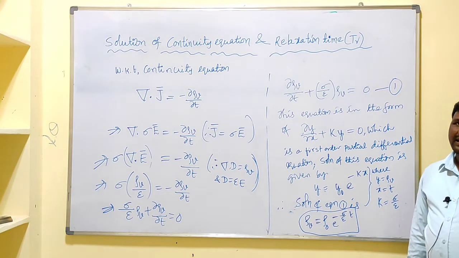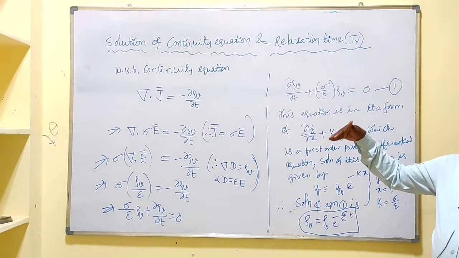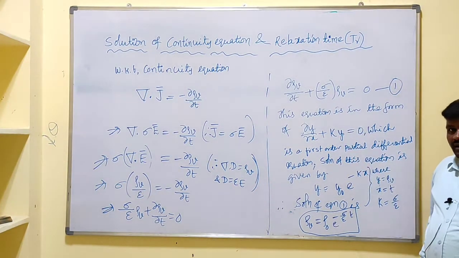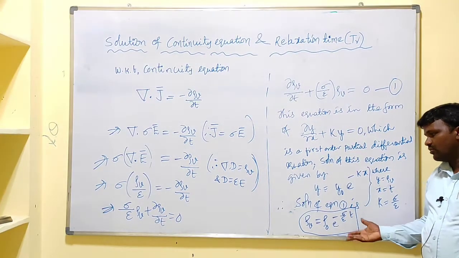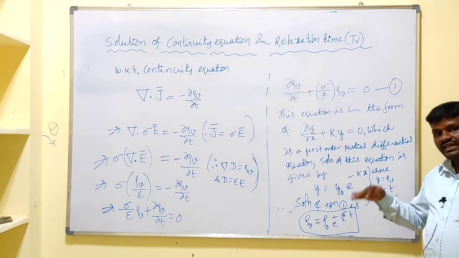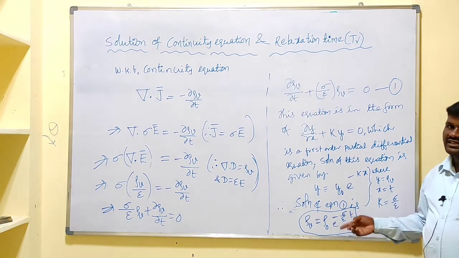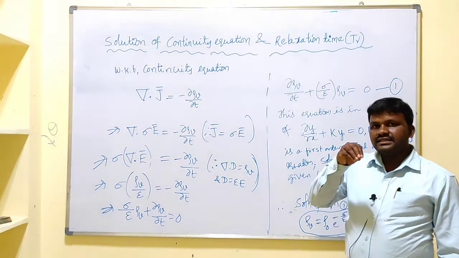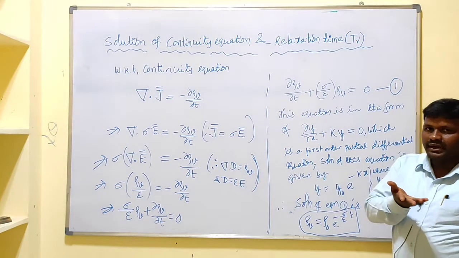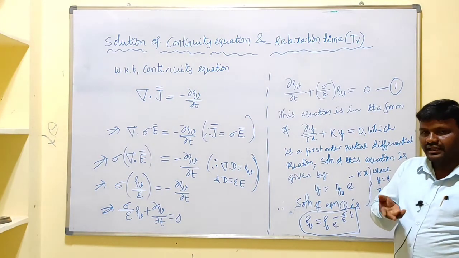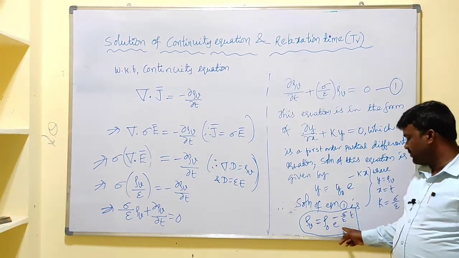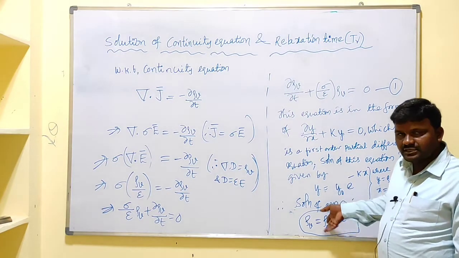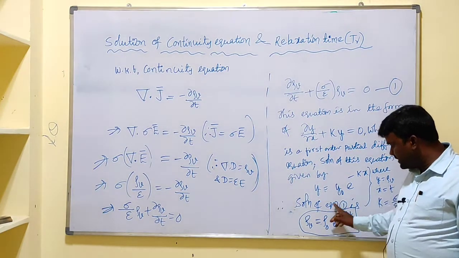That means what? Already we told that law of charge conservation says that decrement of rate of change of charge within a given volume is equal to net outward current flow. Means with respect to time, charge decreased. Means charge density is also decreased. It says that if the charge is placed in the interior of the material, in that case charge is decreased with respect to time like this. That means it is exponentially decreased. The magnitude of charge is exponentially decreased, or else the charge density is decreased like this.